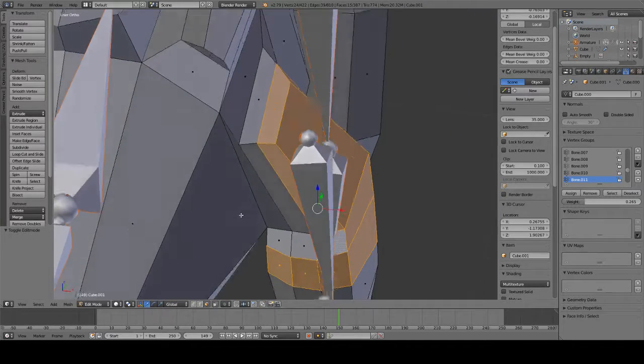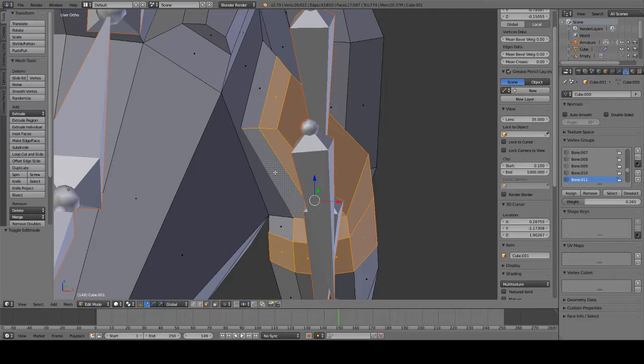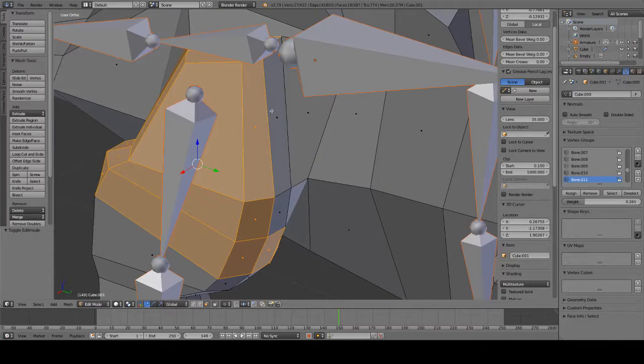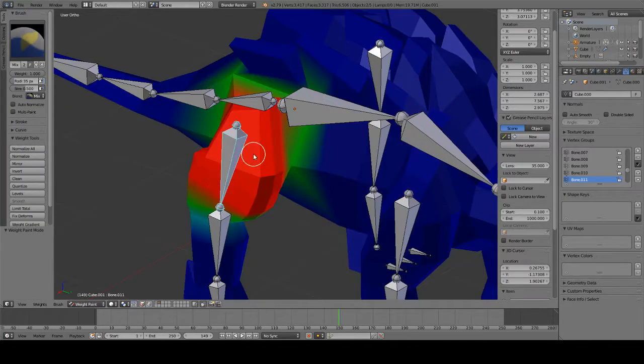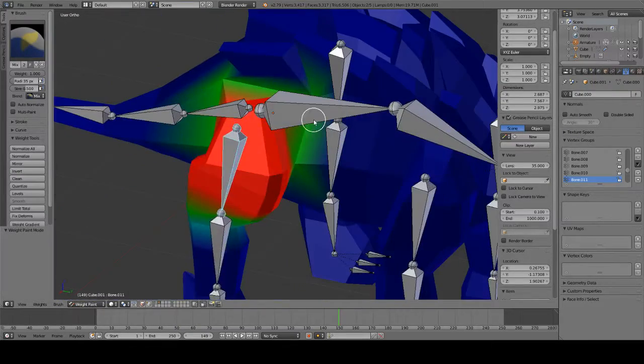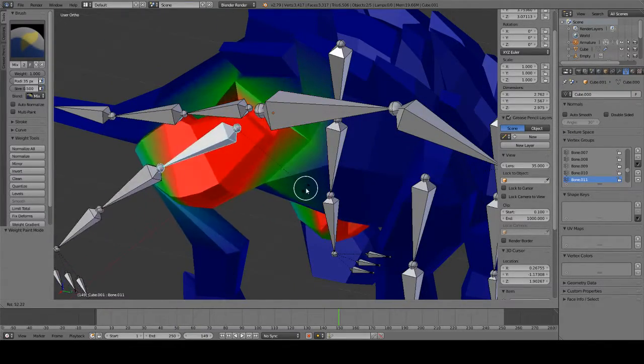Select all of this. Select everything that doesn't have the 500 on it. And we're going to give this a 100. And now, if I go to weighted paint, we got this. And it's perfectly